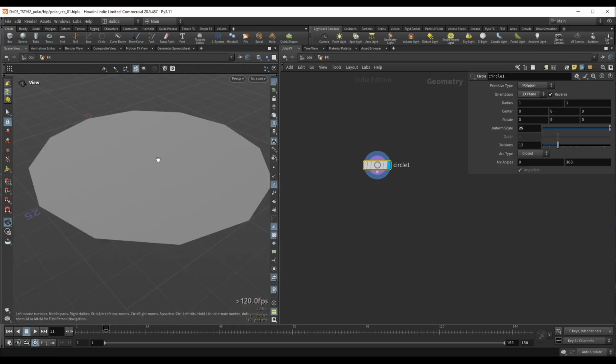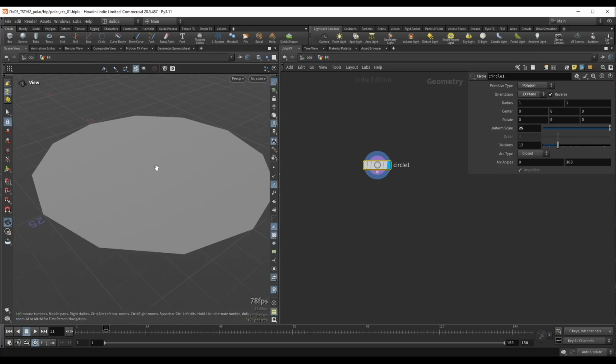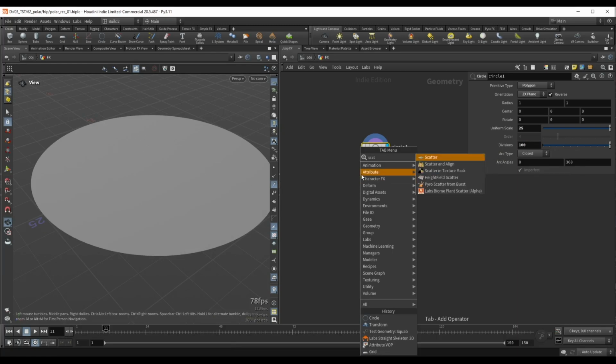In this case, the scale doesn't really matter because again, we are not doing a simulation, so that's where scale would make a difference, but it's just going to be easier for us to dial in some settings and also create a camera with a higher uniform scale for the circle. We can also increase the divisions here so it's nice and round. Maybe we can set the divisions here to 100,